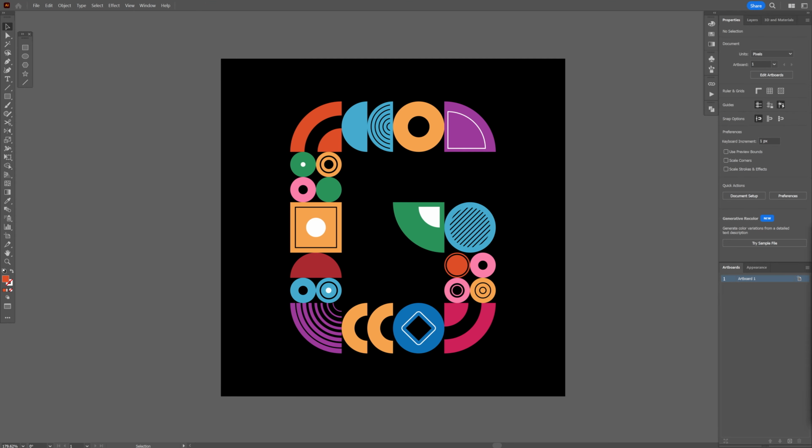Today I've been experimenting with shapes and letters and how you can combine these geometrical shapes in letters with the